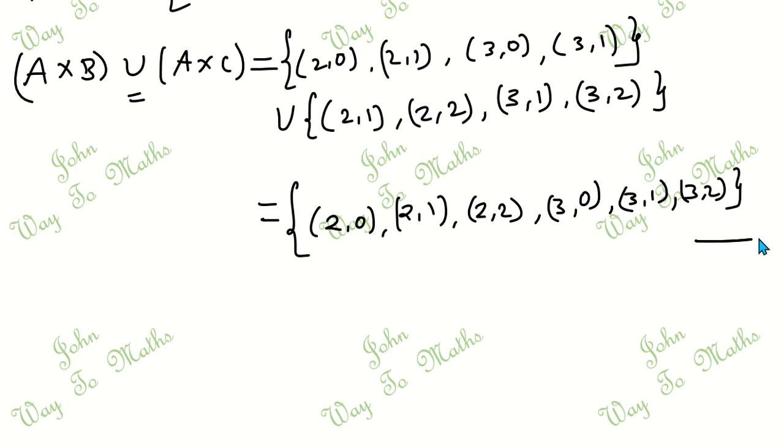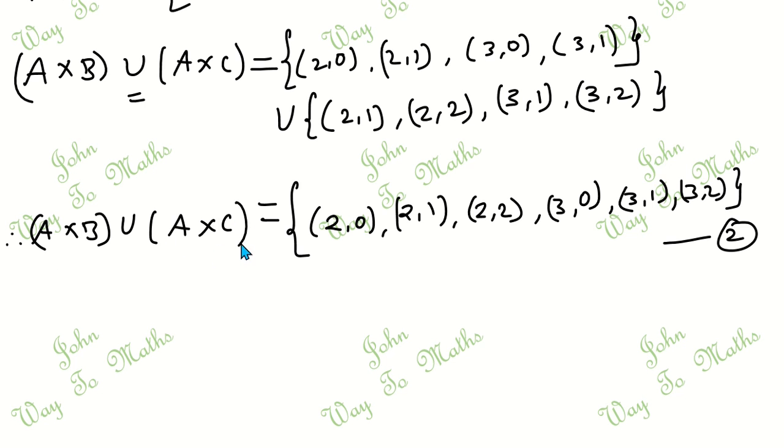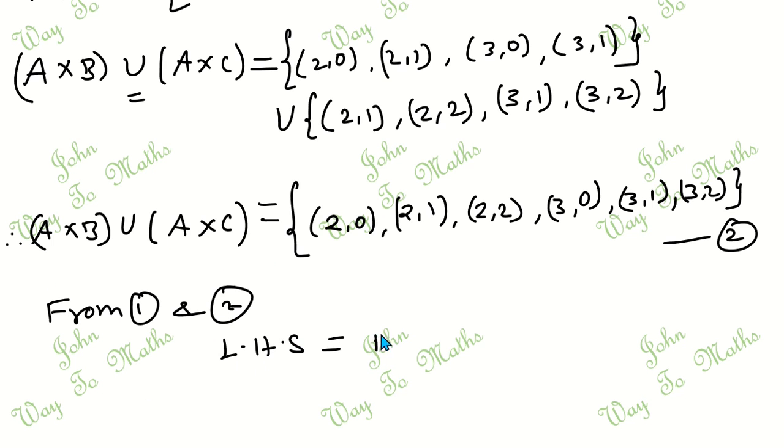So consider equation number 2. So left hand side becomes A cross B union of A cross C. So RHS find out பண்ணியாச்சு. So from equation 1 and 2 ல இருந்து we get LHS is equal to RHS because